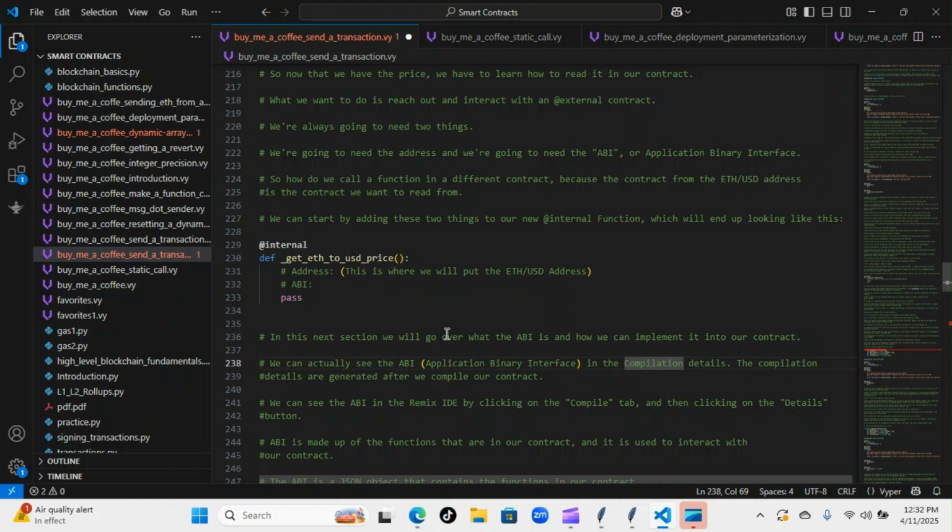So in this next section, we will go over what the ABI is and how we can implement it into our contract. And we can actually see the ABI, application binary interface, and the compilation details. The compilation details are generated after we compile our contract. We can see the ABI in the Remix IDE by clicking on the Compile tab and then clicking on the Details button. The ABI is made up of the functions that are in our contract, and it is used to